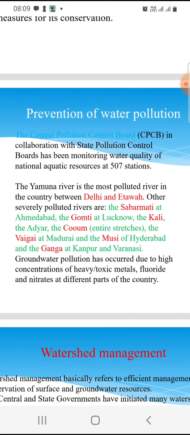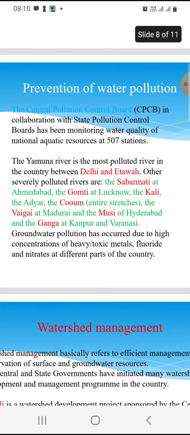Now, prevention of water pollution. The Central Pollution Control Board has taken steps to monitor water quality at the national level through a network of 507 stations. The Yamuna River is the most polluted river in the country, between Delhi and Etawah.